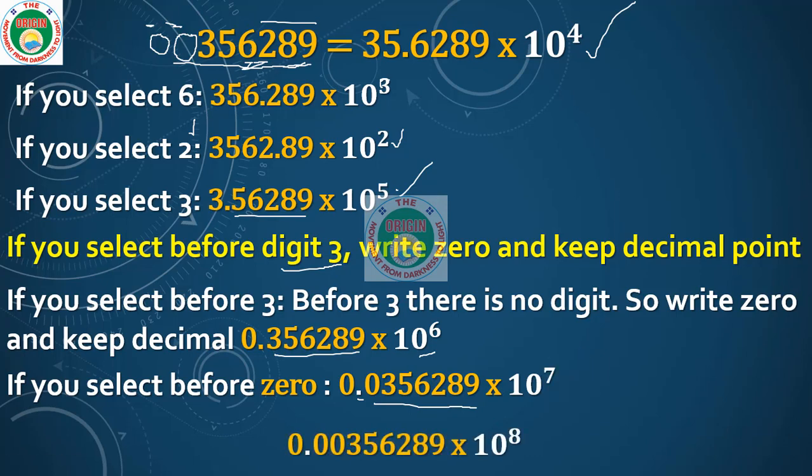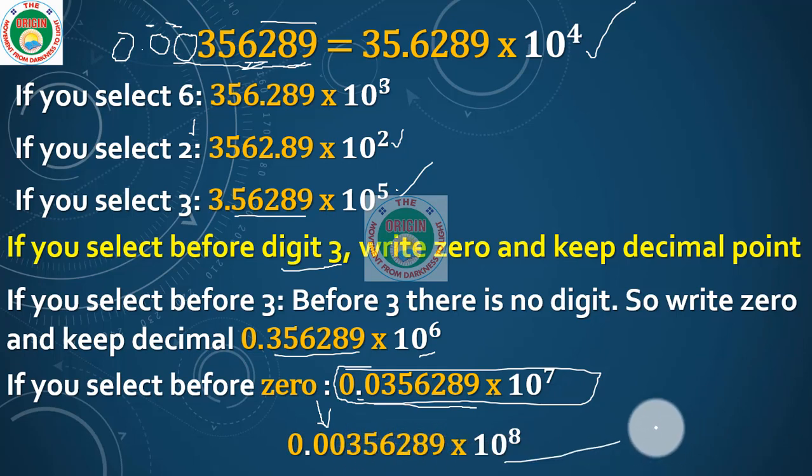So next, if you want to keep more zeros, you can do the process like this. For example purposes I taken this, and this is the answer here. If you want to keep some more digits, 0 point, how many digits are there? 1, 2, 3, 4, 5, 6, 7, 8, 10 power 8. If you want to keep more towards the left side, you may keep more zeros and write on the exponents. Count the digits and write that digit in the exponent, 10 power exponent.